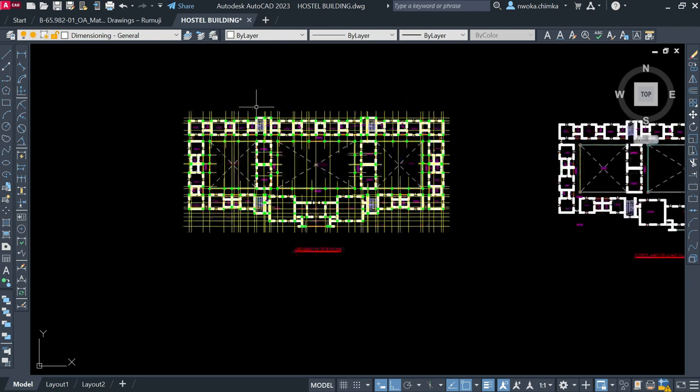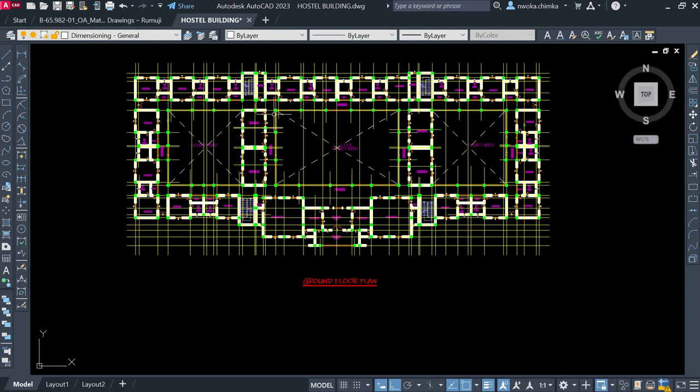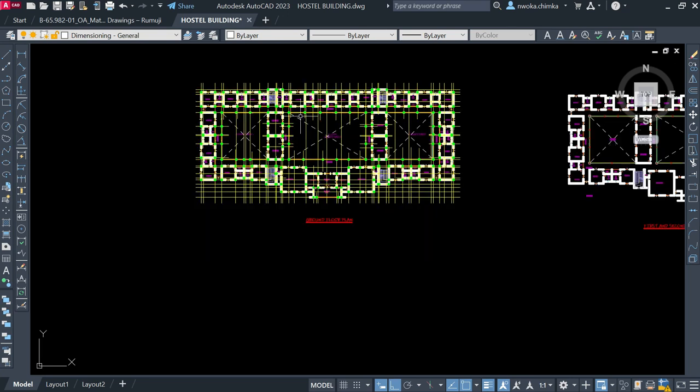Okay, so right now, once you're done placing your columns on your ground floor, because you are meant to do your GA or perform your column placement on your ground floor. So once you're done placing your columns on your ground floor, the next thing to do is to perform a